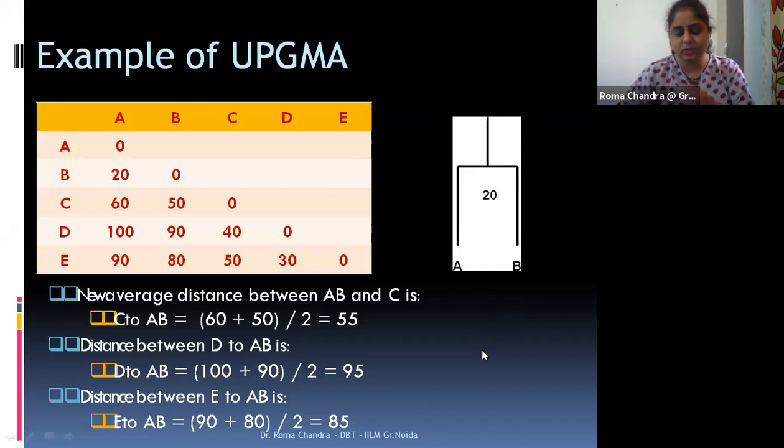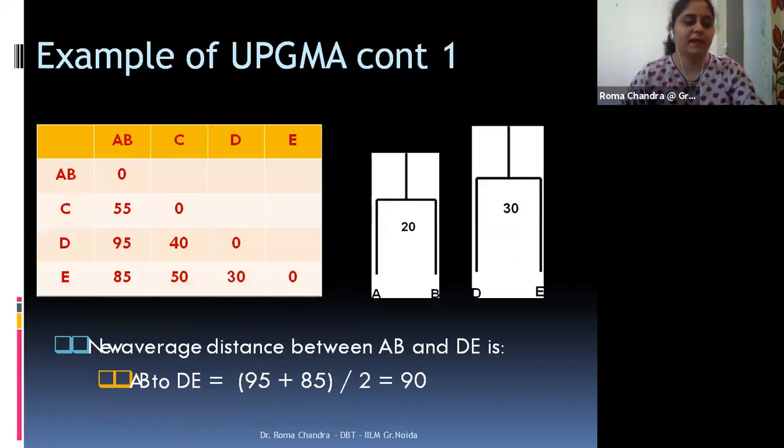Okay. So while creating a tree, if I have merged both these A and B species to a single node, then obviously this distance matrix will be updated, because the method is unweighted pair group using arithmetic mean. So I need to take the arithmetic mean every time I am merging two sequences with a common node. Here you can see this is the matrix, but on the next page you will see that the matrix is looking like this. Why? Because we have merged our species A and B with a common node.